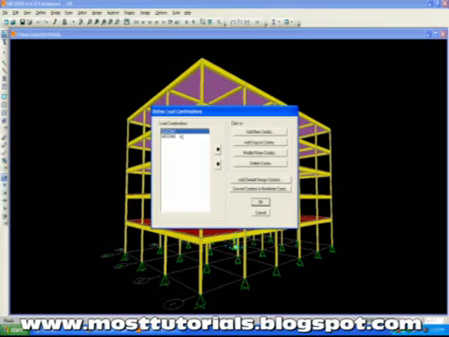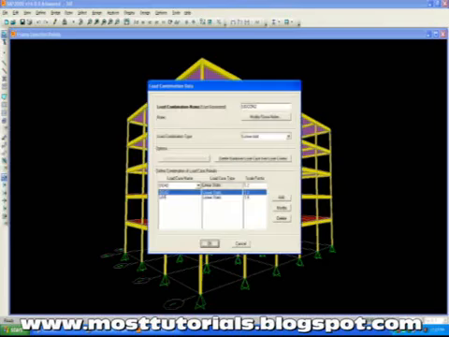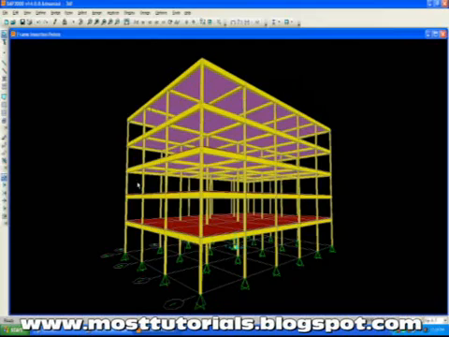So in UDCon1 we have 1.4 of dead. UDCon2 we have 1.2 of dead and 1.6 of live. Select this, modify and show. That is a factor of 1.2 for dead and live is 1.6. Press OK. Combinations are made. Now what we need,